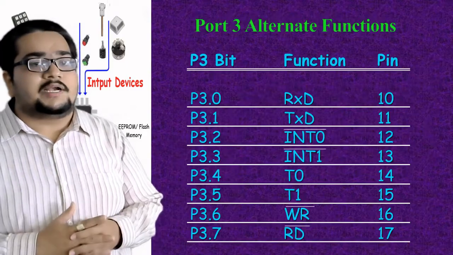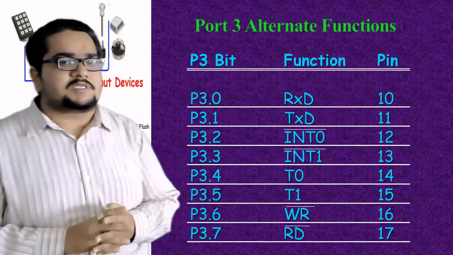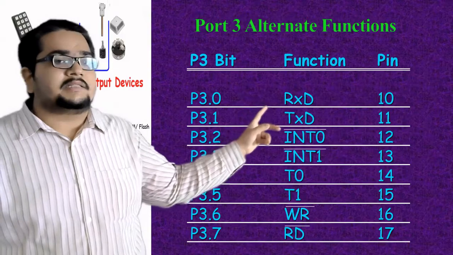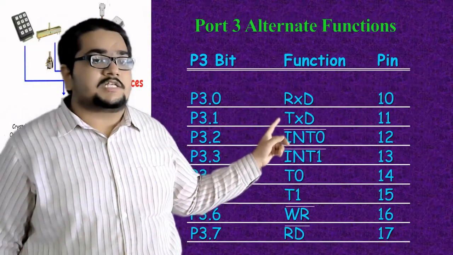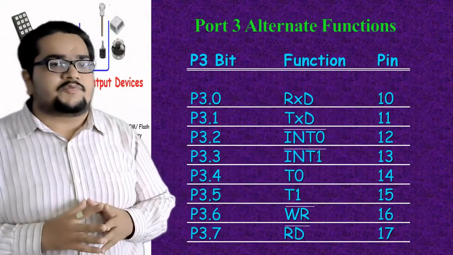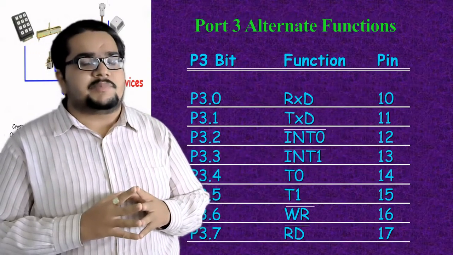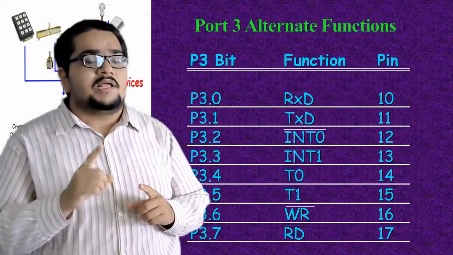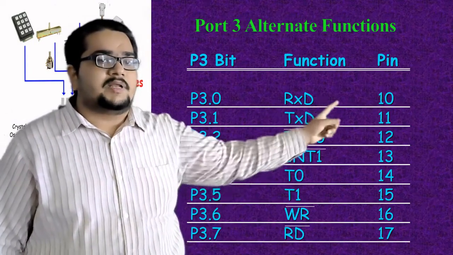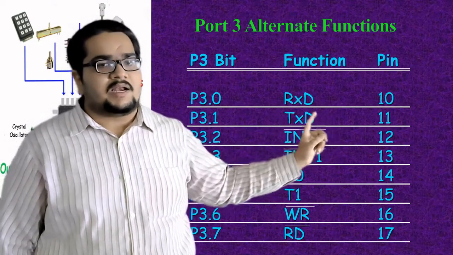So these are the alternative functions on port 3. In our last class also we discussed these special functions on port 3. Port 3.0 and 3.1 are the dedicated reception and transmission lines respectively, pin number 10 and 11. So we have a serial port in 8051. That serial port is full duplex, and full duplex serial communication needs a dedicated line for transmission and a dedicated line for receiving. The dedicated line for receiving is at pin number 10, port 3.0, and the transmission line is port 3.1, that is pin number 11.